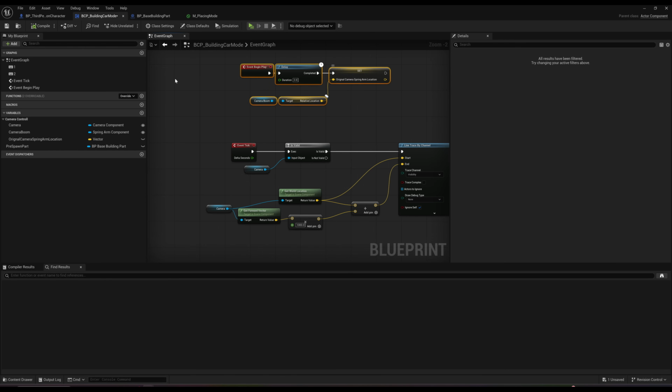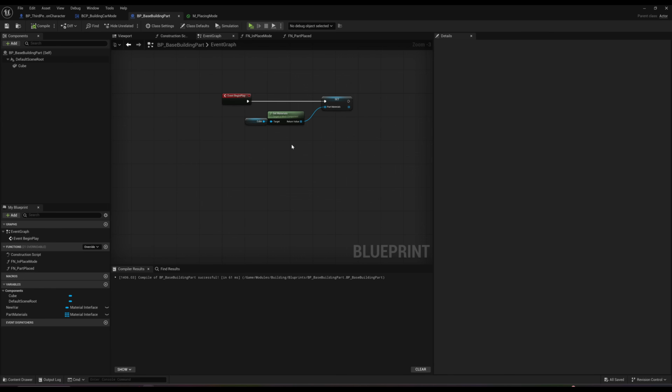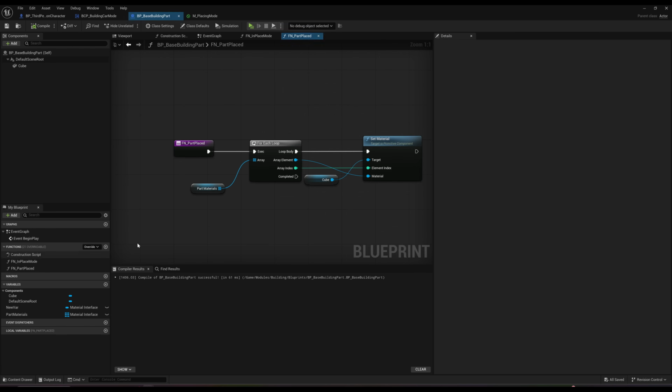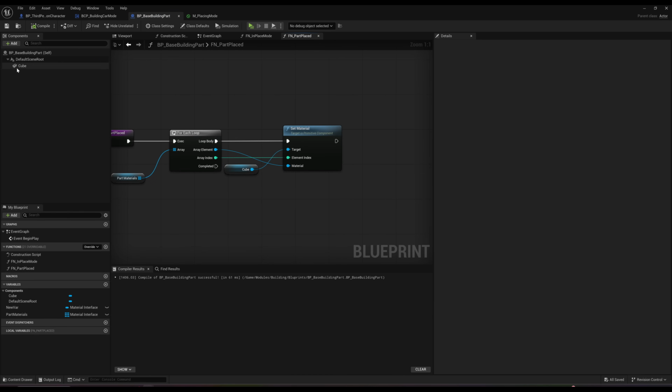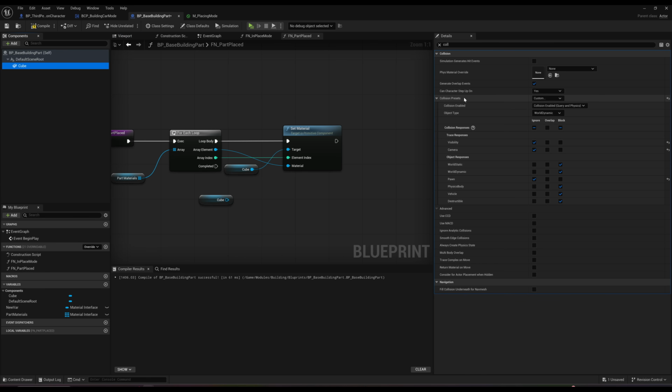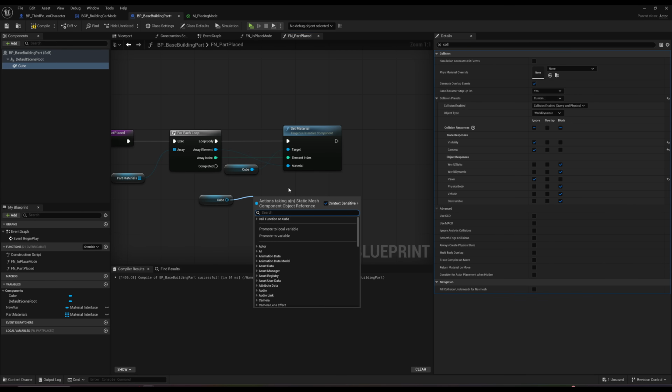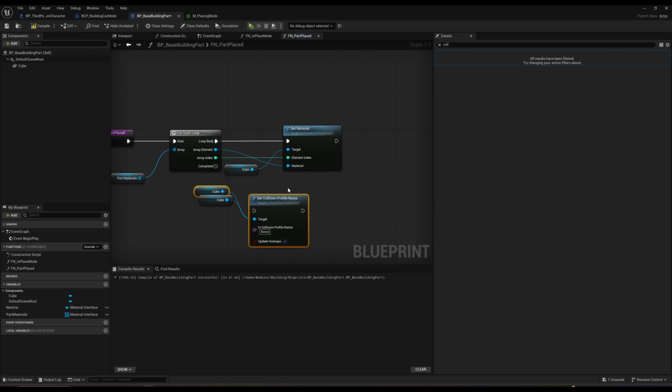Perfect. Now, when we place the part here, so apply part in place mode, we need to go back, right? And we need to change the set collision presets. We need to make sure that on pawn is blocked. So we're gonna go back here to set collision profile. I think it's called profile name,